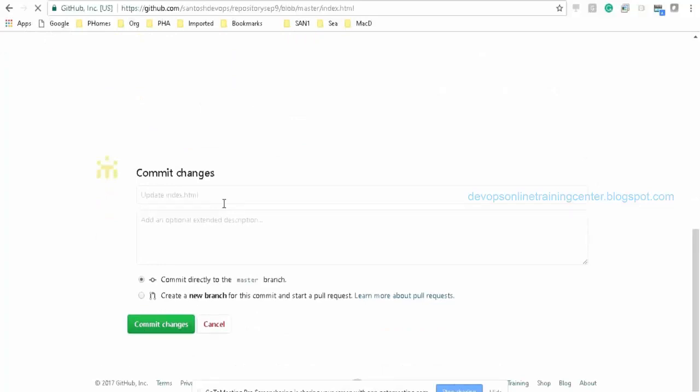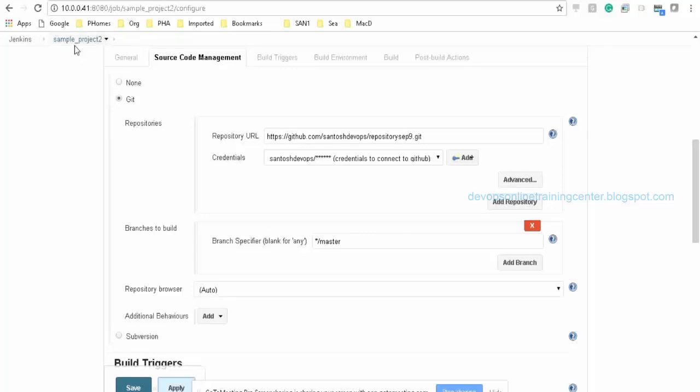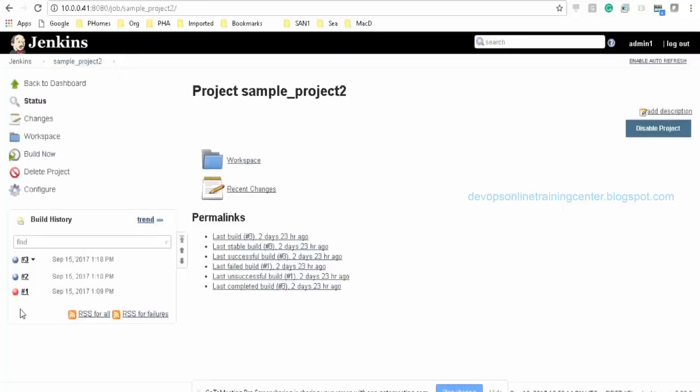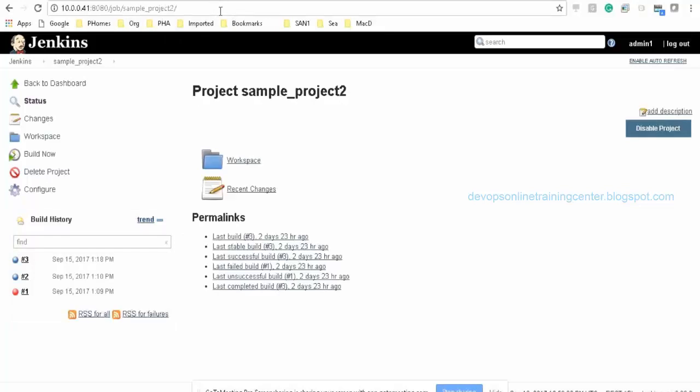But this is not how a developer changes. He goes to GitHub, first adds, then commits, then pushes the changes to the repository. But just for example, I changed it manually, a direct commit to the master branch. Then let us see if this creates a new job. After a minute or so, it should start a new build with the number 4, right? Because it polls every minute, and if polling detects a change, it will create a new build after a minute.